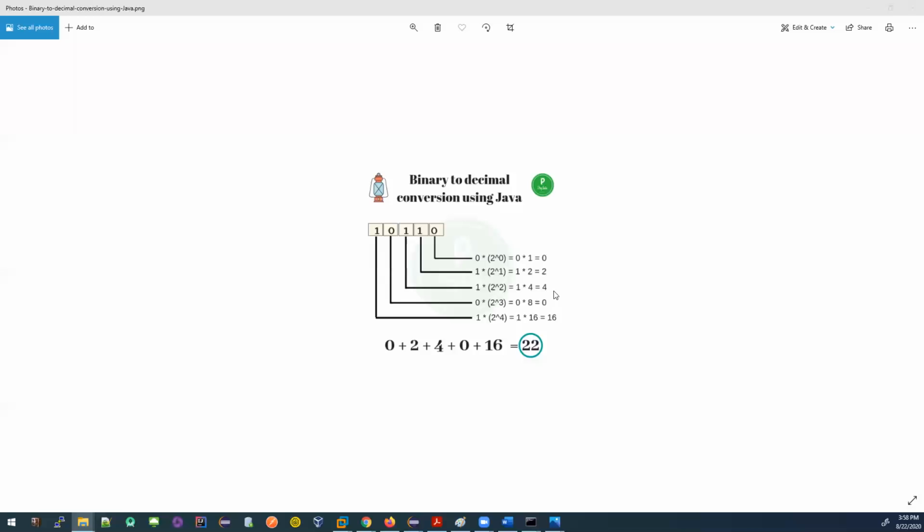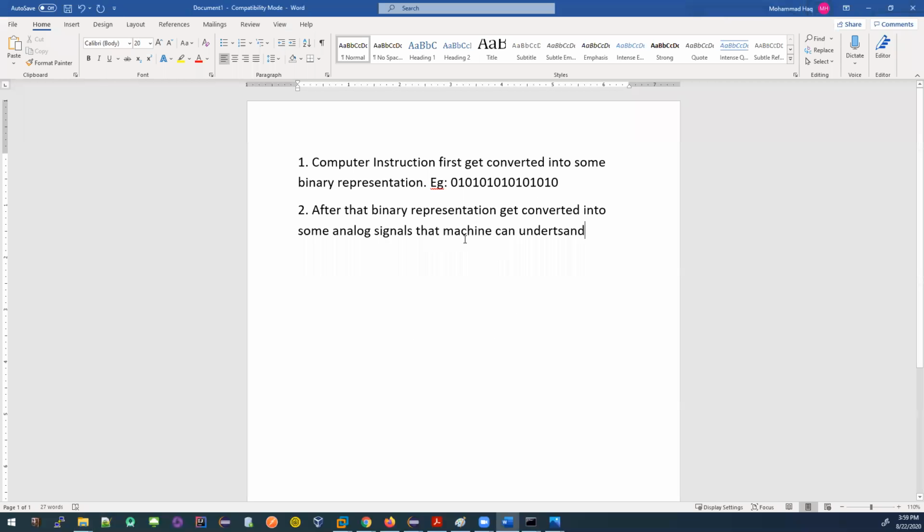Now, if I'm giving input from my keyboard, I'm giving input from my hardware to the software. Say I want to type something here in Microsoft Word. I'm giving input from my keyboard, and then the software can understand. The software can take that input and represent this text. The words you can see here, computer instruction, get printed because I'm giving input from the keyboard.